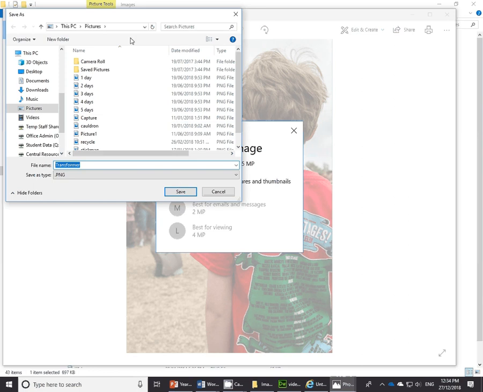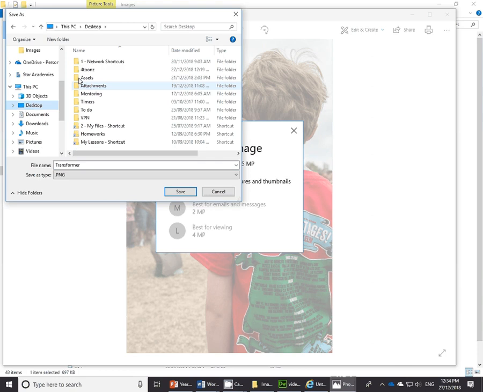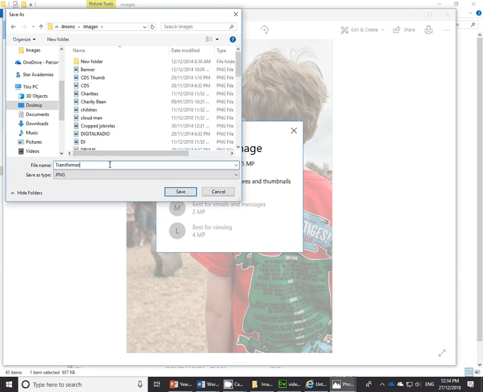When we click that, we'll get an option then to choose where we're going to save the image. Now it's no good saving it into pictures. It needs to go into the same folder that it's already in. So in my example here, it's my Fortunes folder and images. Now I'm going to save it as Transformer 2 so we can see the difference. Check that it's PNG, click save,